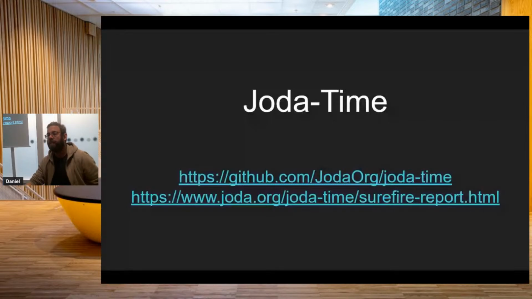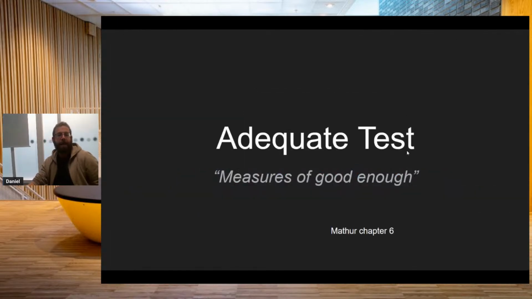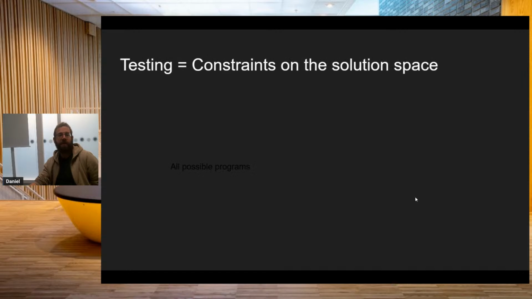Yeah, during system testing, we were going to talk to them about that. Okay, so what we need is to get what I call adequate tests. Adequate test means that we need a measure of what is good enough, what is adequate. And this could be different things. So let's talk about